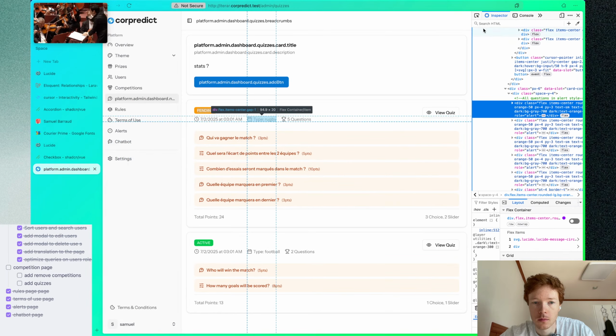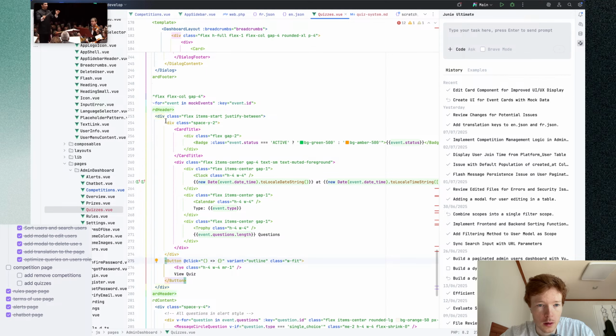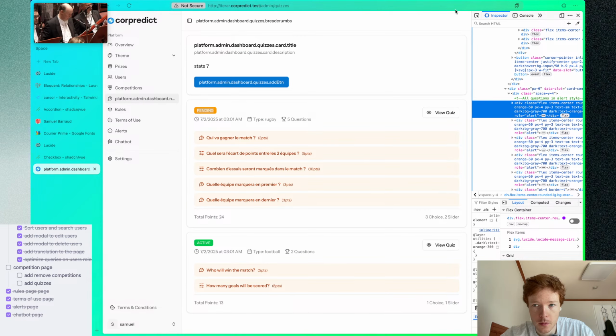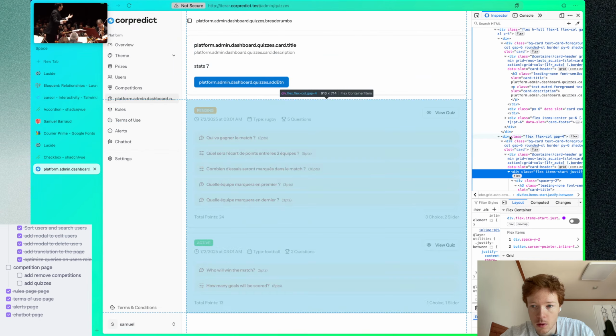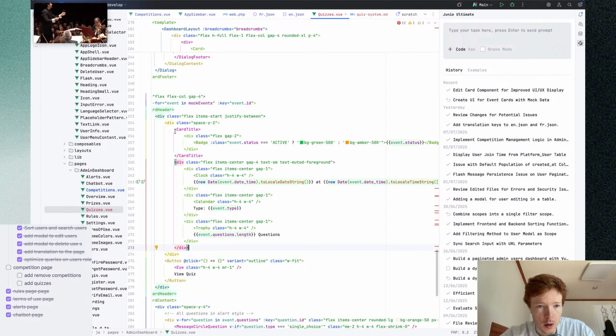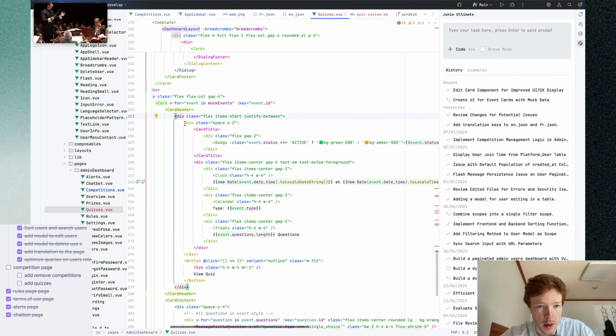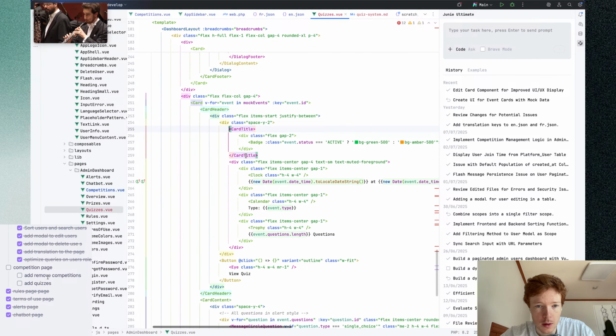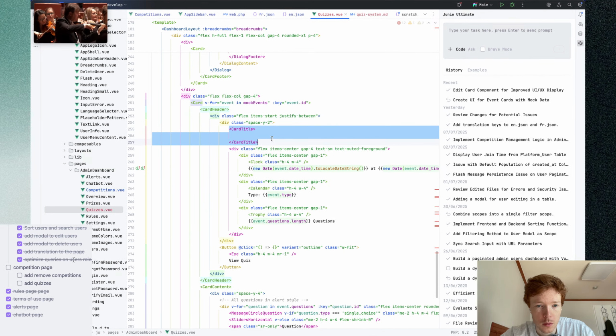So there is a badge. But why is this button over there? I don't get it. Should be in the card header, right? Oh, but we are in the card header, my bad. So it's okay. Card title. Event status shouldn't be in the card title. Should just be a regular div or the card title. Then